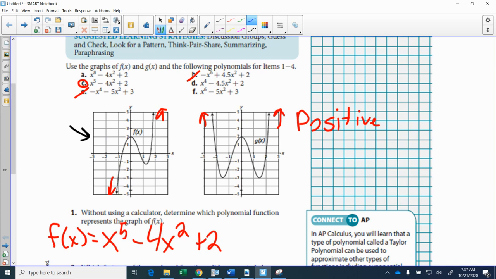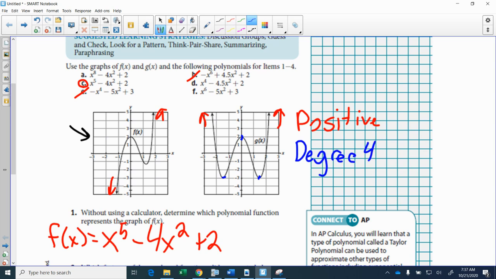Next, I want to think about how many turning points I have. Well, I have 1, 2, 3. Remember, a turning point is basically a max or a min. So I have 3 total turning points. We talked about yesterday how to find turning points: I take the degree and subtract 1 from it. So this has to be a degree